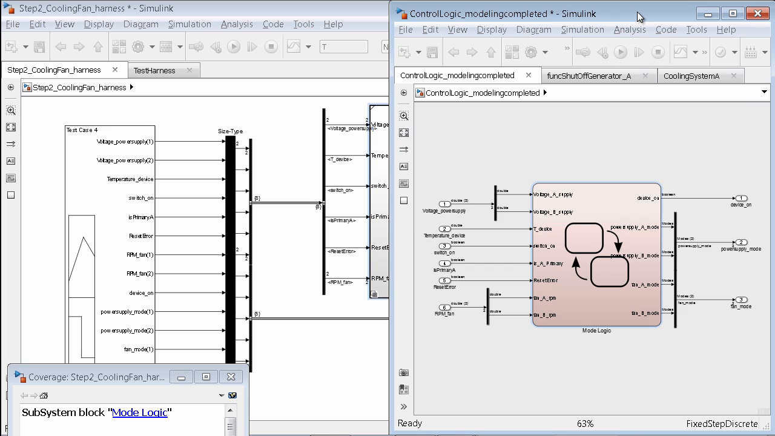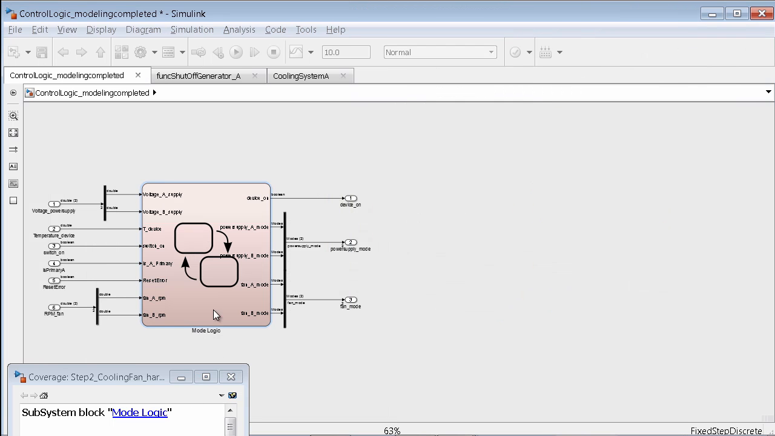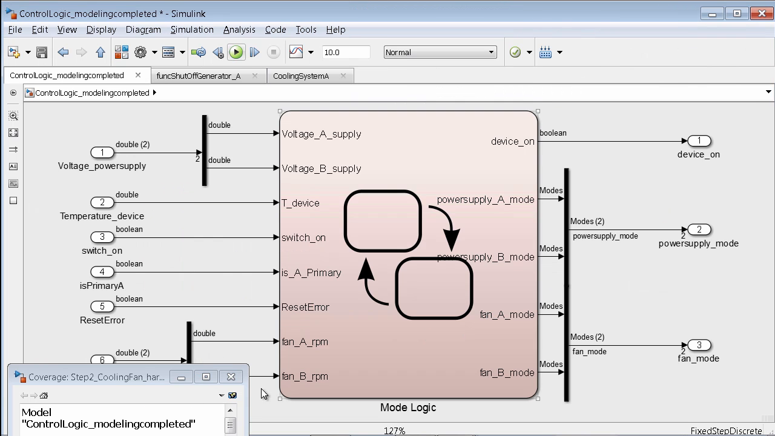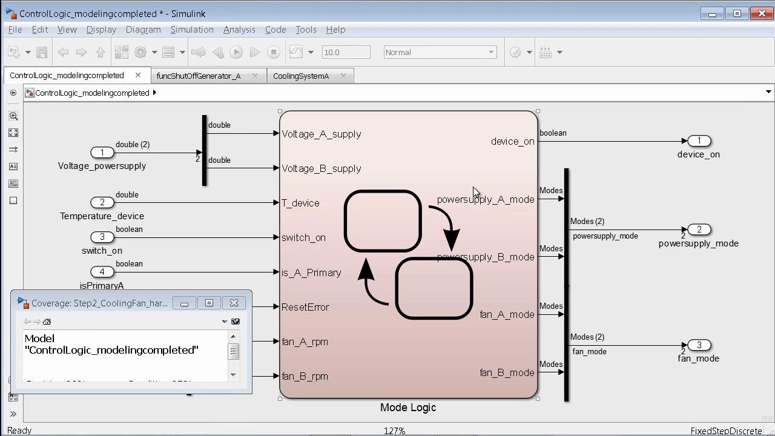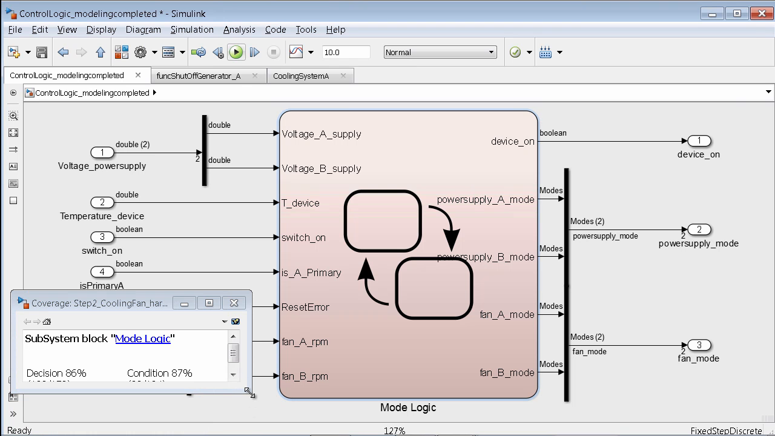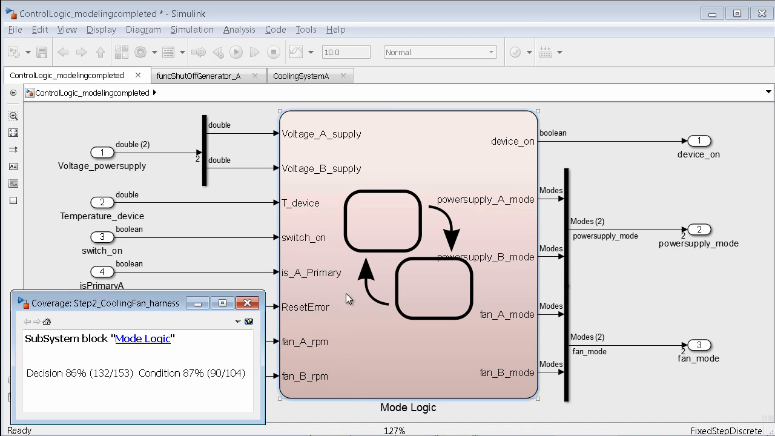I use a metric called model coverage. Let me show you. This is my control unit, and I have run my 4 test cases, again, requirements-based test cases on this model, and I'm collecting what I call coverage metrics. The tool will analyze decision and condition points within my mode logic,